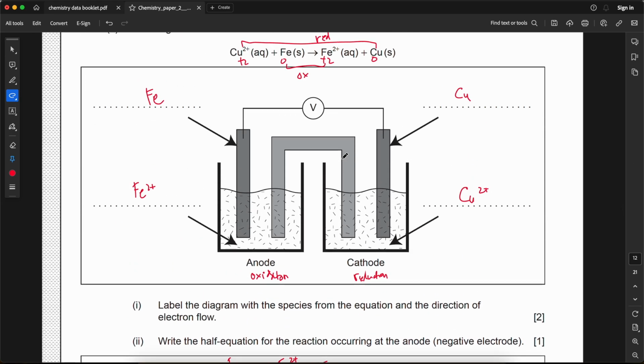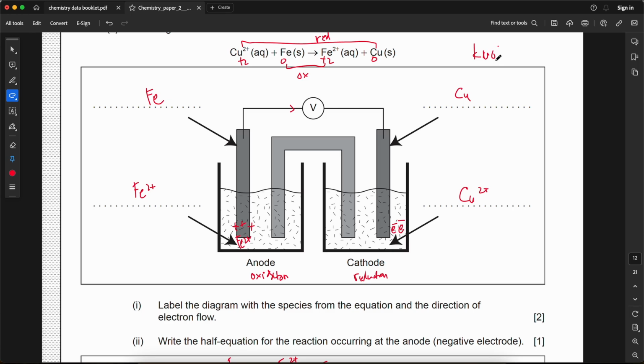As you can see here, the production of Fe2+ increases in the solution, and electrons flow from the anode to the cathode. So there will be a lot of electrons right here, and this will be 2 positive because of the production of Fe2+. This will become 2 negative because of the electron movement from anode to cathode. So we have